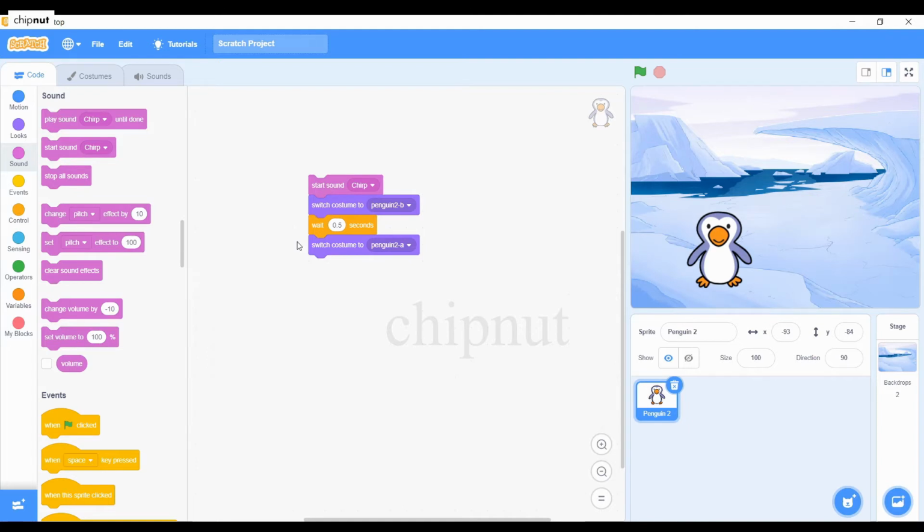Now let us see why wait block is required. Let's remove the wait block and see.